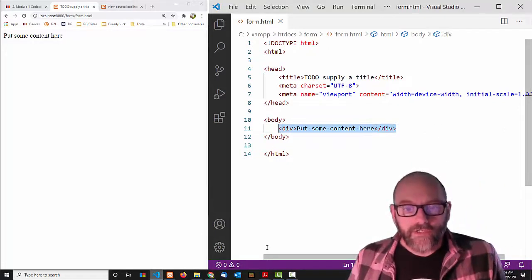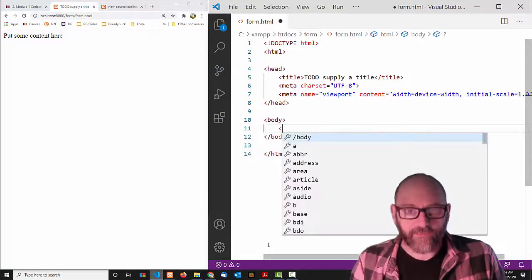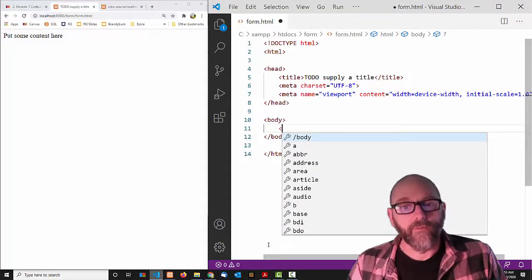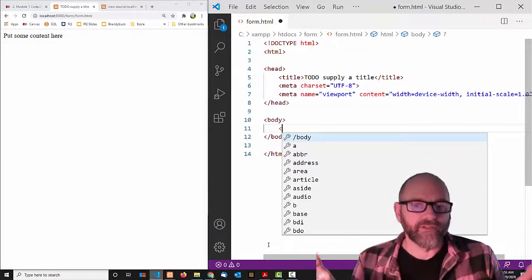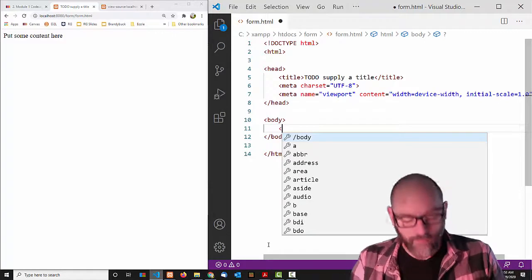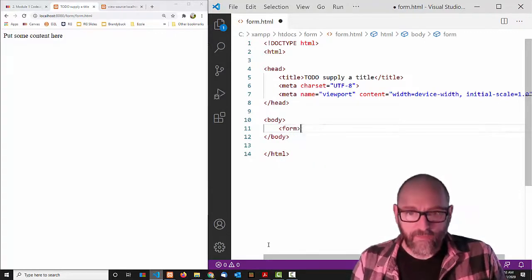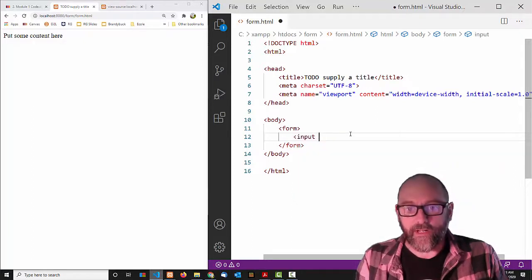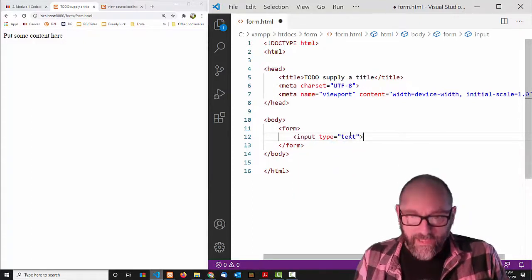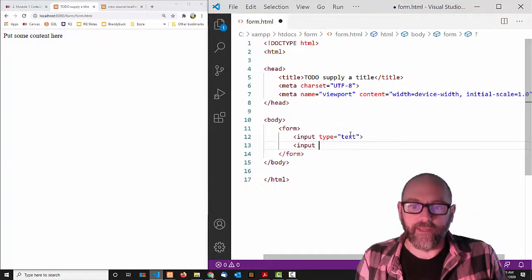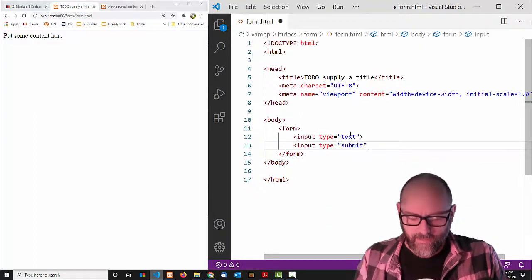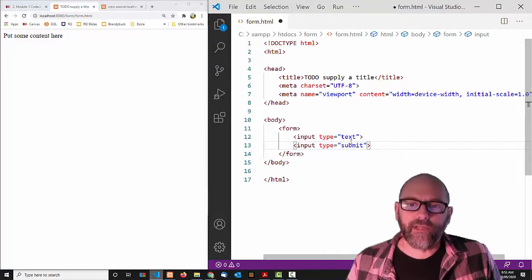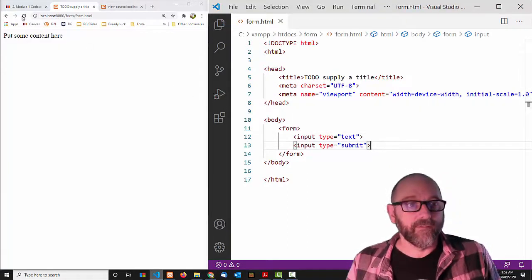Okay, so I'm going to launch into what I hope is at least partially review. We want to put a form in this. So the idea is to have a page that maybe greets the user, tells the user what's going on, and then gives them a form to fill in for some task. So the most basic element you need for a form is the form element itself. So this should enclose all of your input elements, and then your input elements are like this. They need to have a type at least, and for now, nothing else. Like that. Okay, so I'm going to use two input elements, type text and type submit, inside my form element,